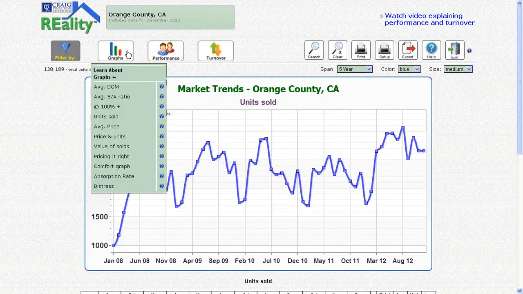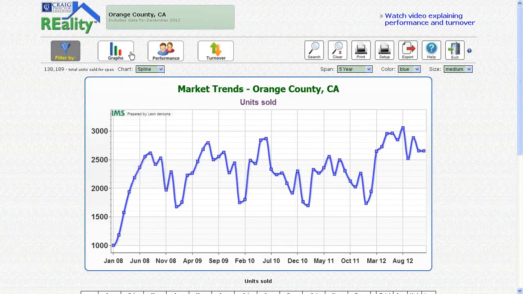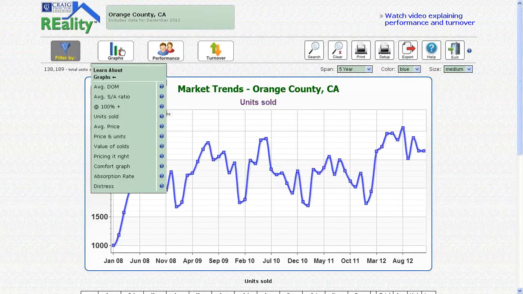Doran asked what absorption rate is. Absorption rate is a definition of how many units got absorbed after they were put on the MLS. For example, if you had 10,000 listings and 1,000 sold, then the absorption rate would be 10%. So just to keep in mind,